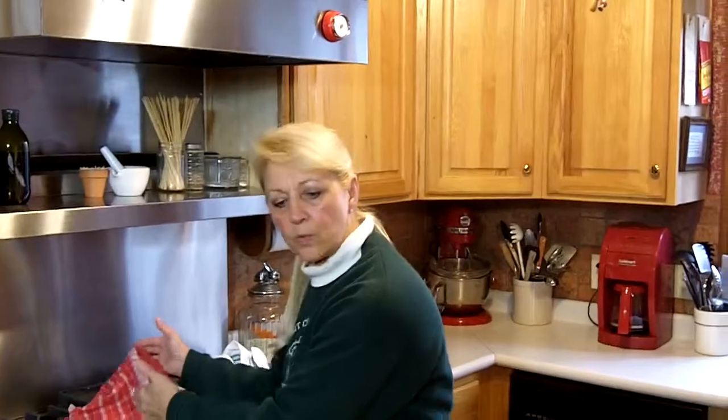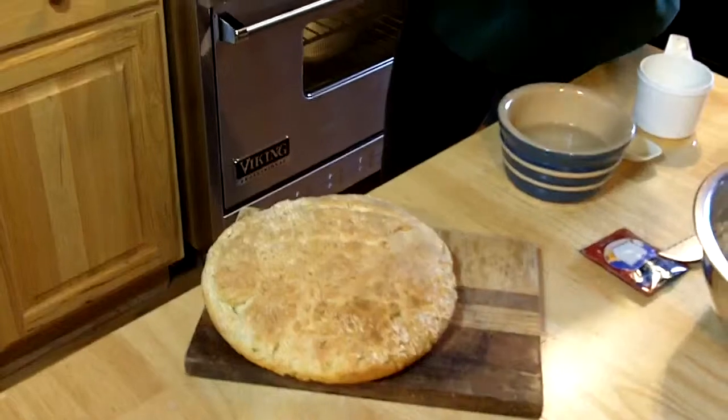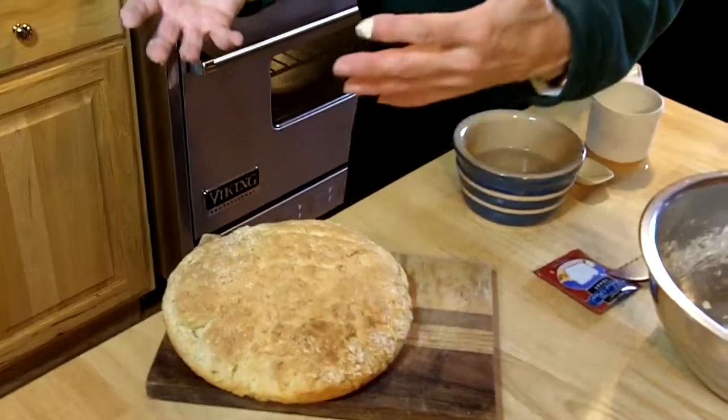When you get ready to put this in the oven, you will run 3 little slash marks across it, or 2. You can tell by looking at this where I cut a little, and what that does is make it so it won't burst. It lets the steam come out, so that way it doesn't